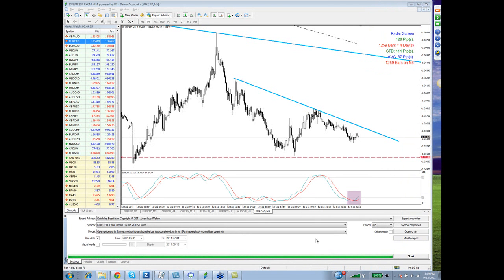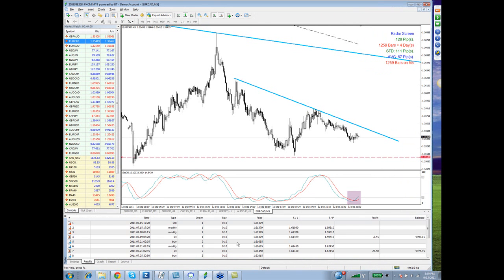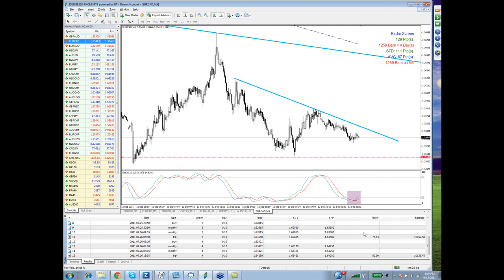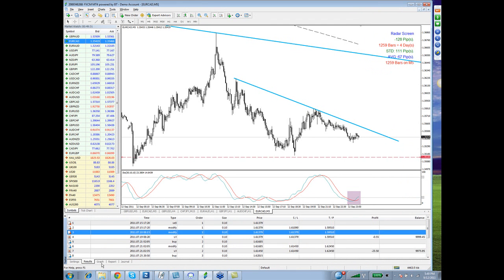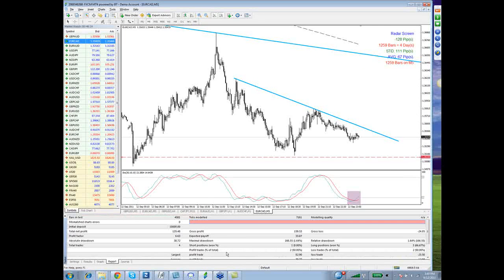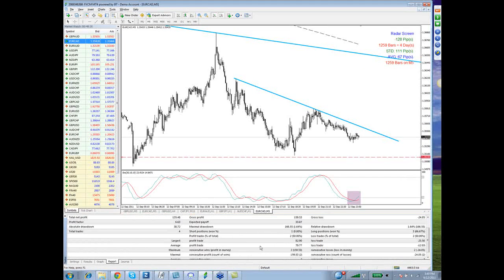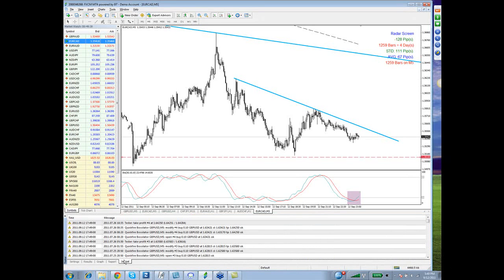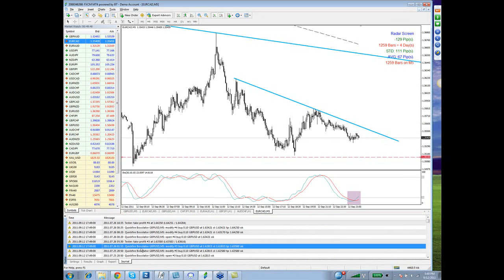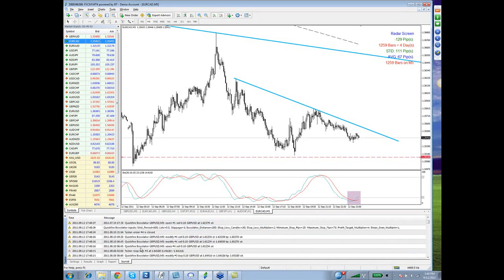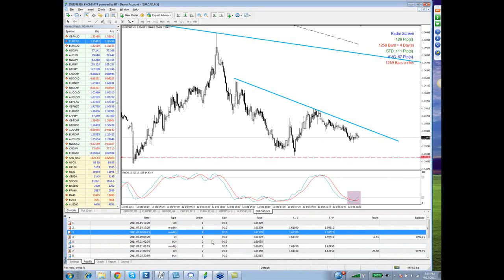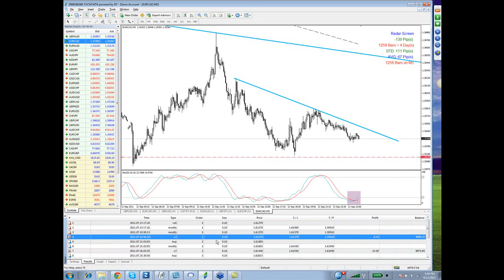Let's look at this set of results right here. Here's the results trade by trade. Not very many trades taken in this month either. It looks like this one shut off as well, so I'll have to go back and check and see what's going on here. And that's why I'm saying we are having some problems getting this to run properly and take all the trades that it's supposed to take. But we'll get there over time.